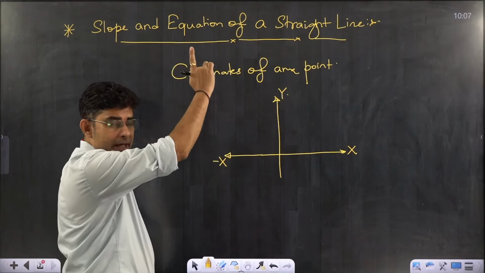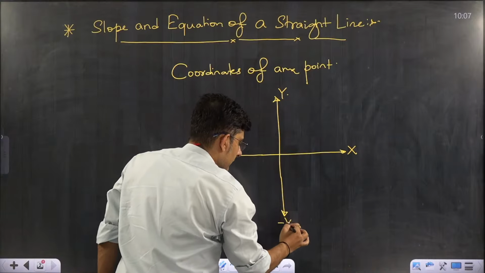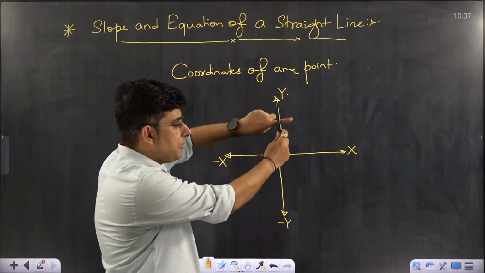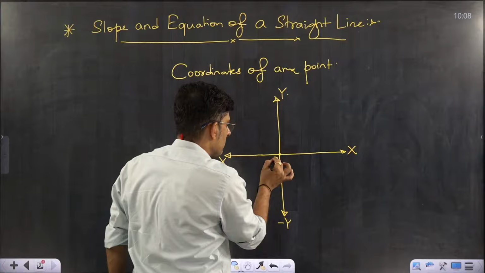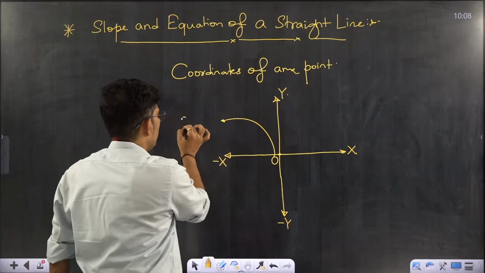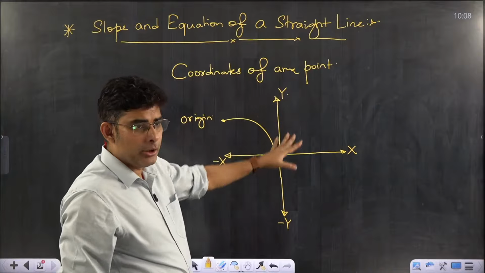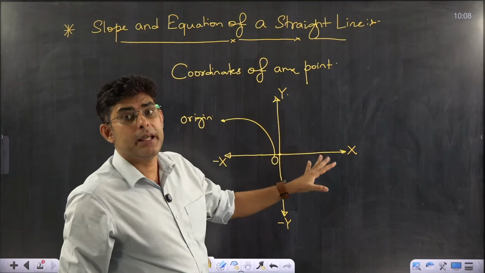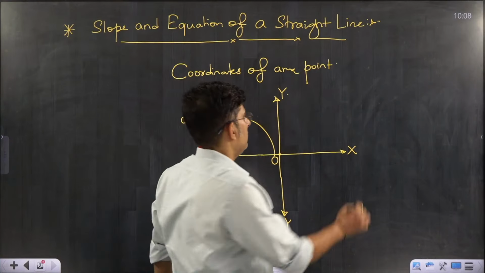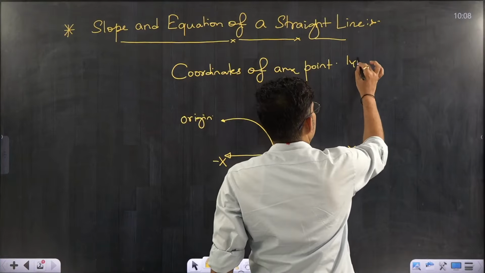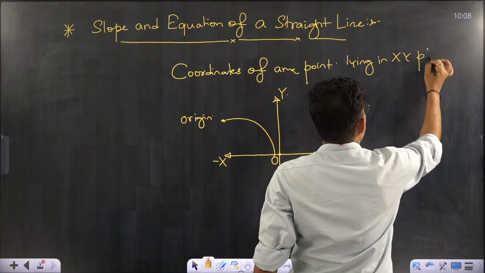If you take the upper direction as plus y, then you will take the lower as minus y. And where these two mutually perpendicular directions intersect, we call this the origin. This diagram that you are getting, we will call it a plane, the xy plane. So if we have coordinates of any point lying in the xy plane,